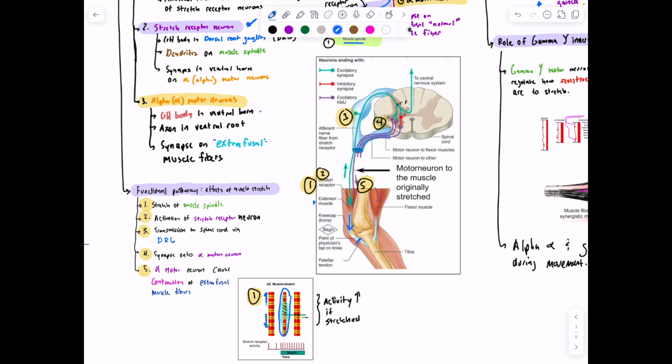The idea here in this little graph is if this is the muscle spindle and it's not stretched, notice that the action potentials are not very high in frequency, but if you stretch it, the action potentials increase in frequency, okay? So we have stretch at the muscle spindle as a result of this muscle stretching. It's attached to the stretch receptor neuron, so you're going to have an action potential going through this neuron, whose cell body is in the dorsal root ganglion, and then it's going to synapse on an alpha motor neuron. So it synapses on these alpha motor neurons in this ventral horn, and then that's going to send its axon out